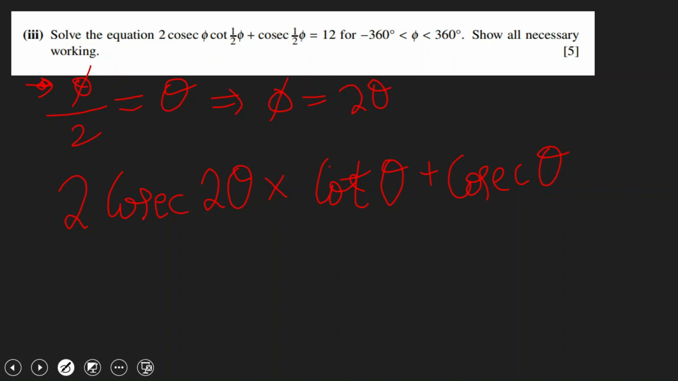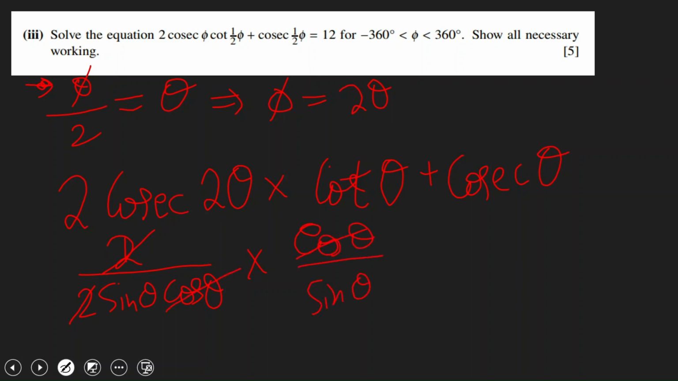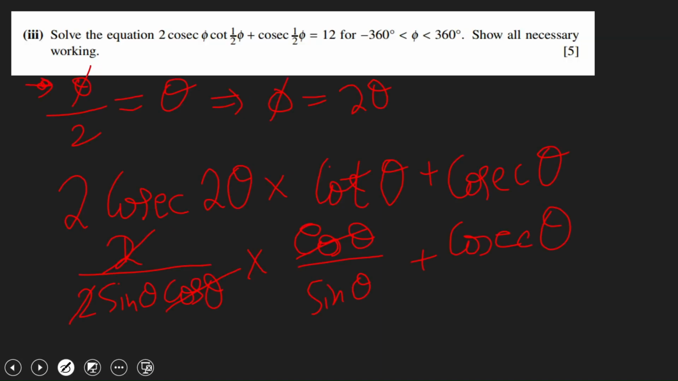So cosec 2 theta is going to be 1 by, oh, it's going to be 2 by 2 sine theta cos theta into cos theta by sine theta. Cos cancels out. So this is going to be that, and then cosec theta. So sine squared theta, 1 by sine squared theta is nothing but cosec squared theta. So this is going to become cosec squared theta plus cosec theta